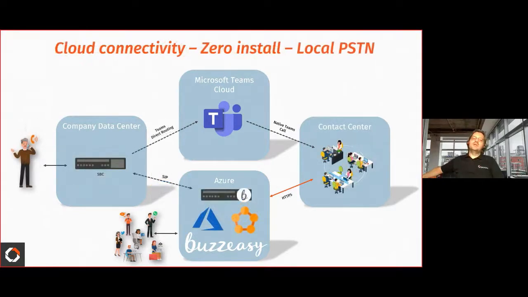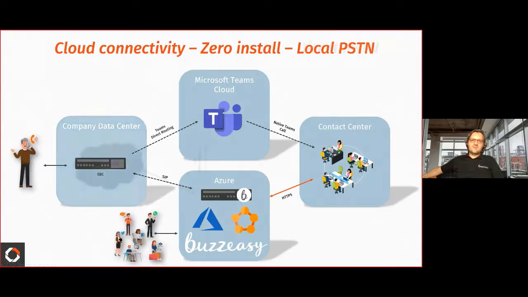The second option, when you don't need to install anything, is that you can configure your SBC to send the call center traffic to our Azure data center. That is where we take control. We manage all the call center functionality. And when we need an agent, we route that call directly back to the SBC, and Teams direct routing will find the agent. We provide the additional information and the user interface through standard HTTPS. The digital channels come directly to our data center.